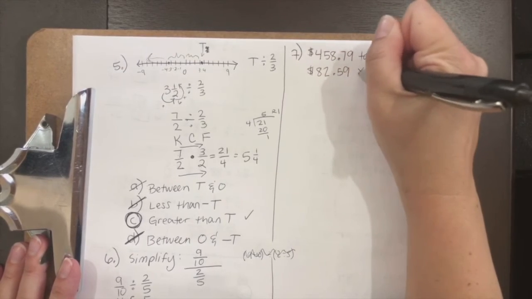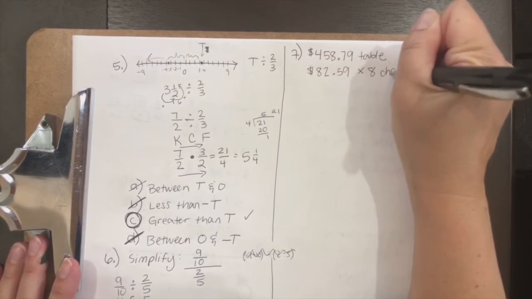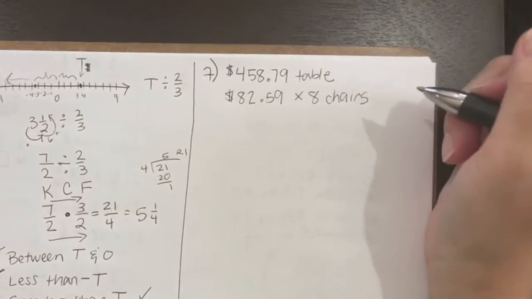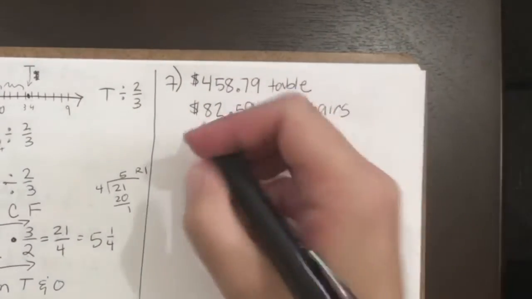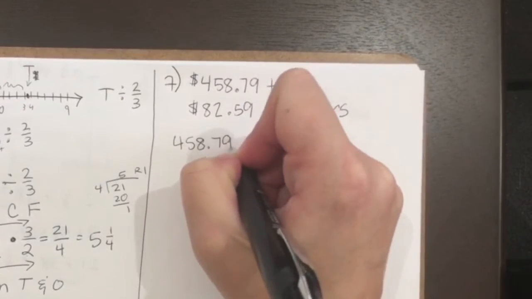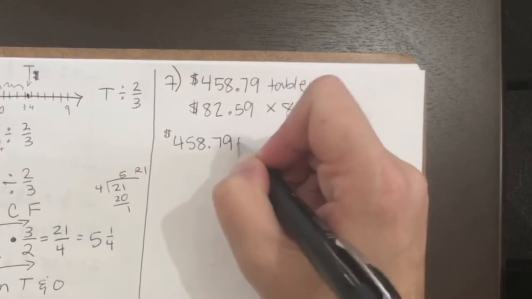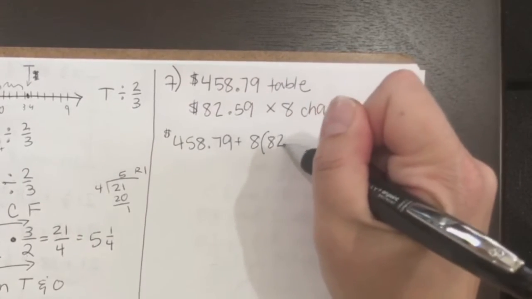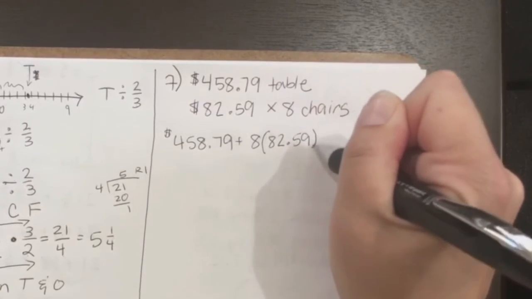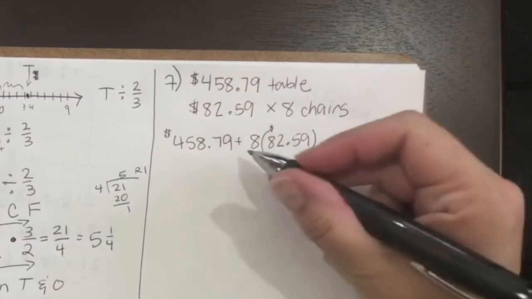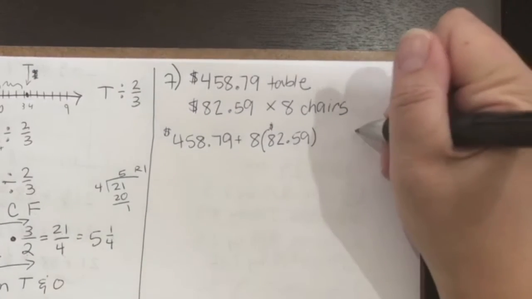$82.59 times 8 chairs. What is the total cost of the furniture before tax? So we have $458.79 plus 8 chairs, and each chair was $82.59. And so we're going to put this together. So let's do